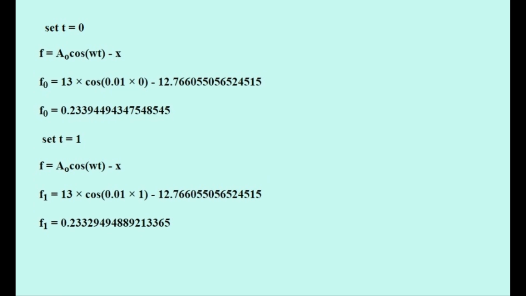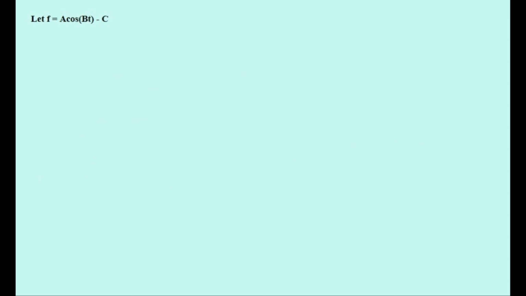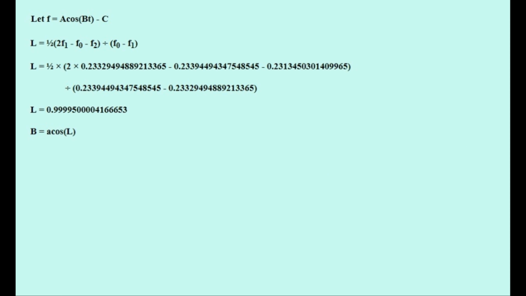Similarly, we substitute all the values in and set t is equal to 1 to find f1. And then we similarly find f2. And now to find the constants a, b, and c of this equation from f0, f1, and f2. And after a lot of algebraic manipulation, it turns out that this is what b is equal to. And this is b's